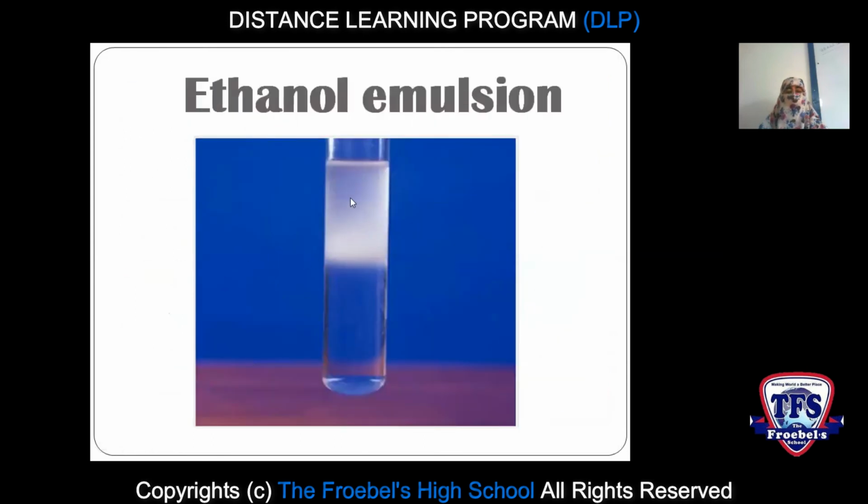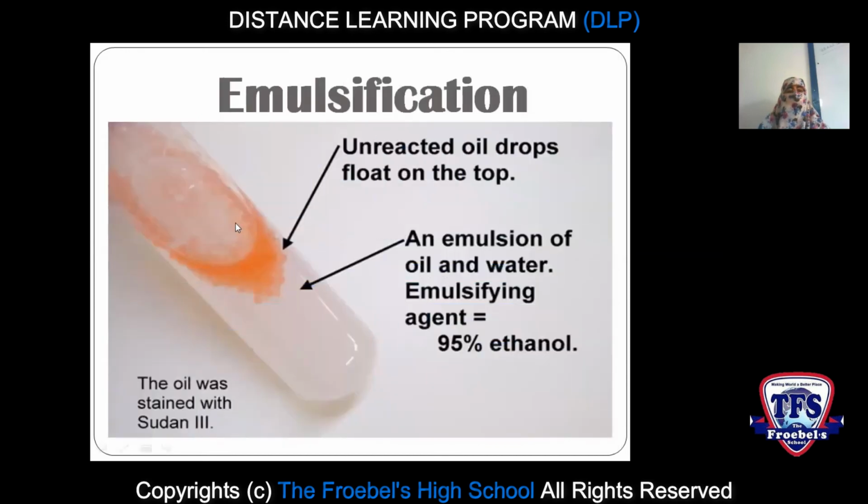Have a closer look at the ethanol emulsion test. Now you can see in this diagram unreacted oil droplets, they float on the top. To make it visible, they have used a stain known as Sudan III. And in this part, an emulsion of oil and water is visible, and the emulsifying agent is 95% ethanol. So this is all about the white cloudy emulsion that shows the presence of fat in a given food